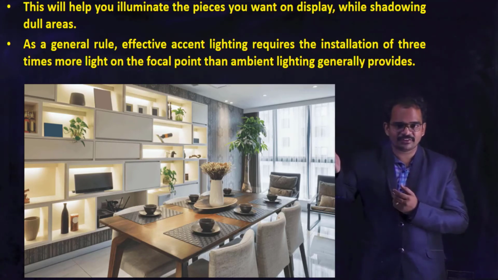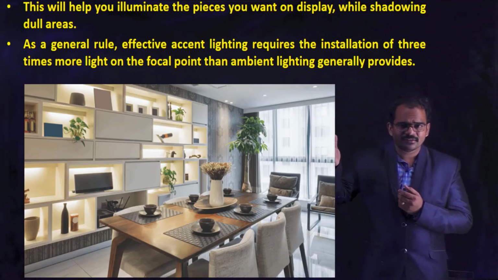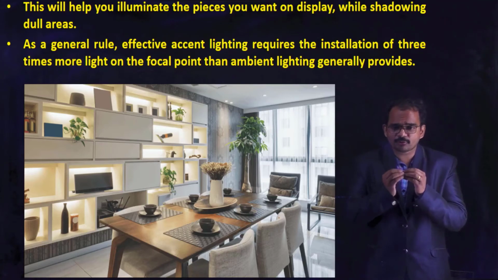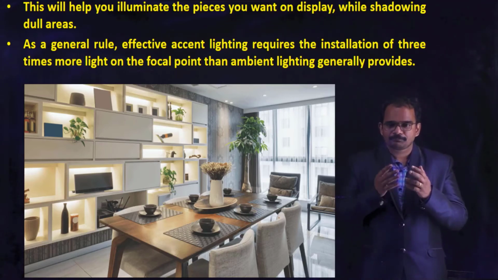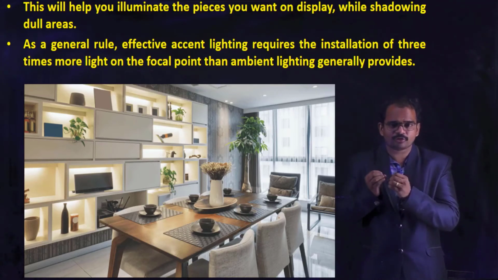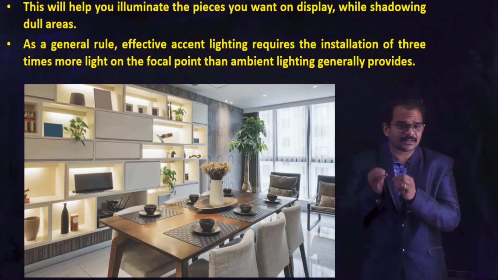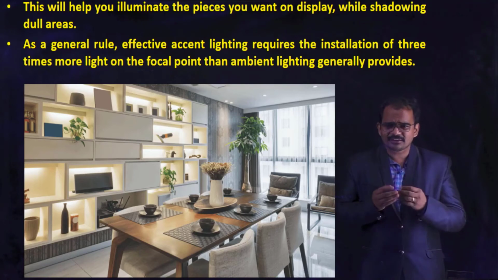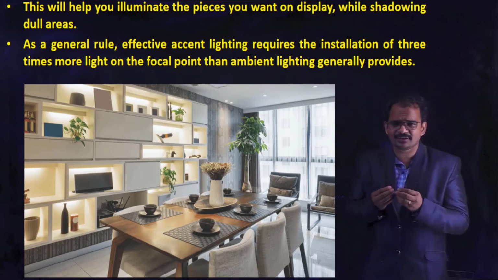Now you can see in the figure over there, some of the cupboards are illuminated and some of the cupboards are shaded. That means if you wanted to display or highlight some objects in particular cupboards, you need to go for accent lighting in those cupboards while shadowing the other cupboards, so that it is eye-grabbing and automatically grabs the